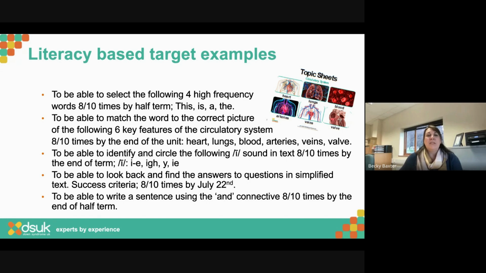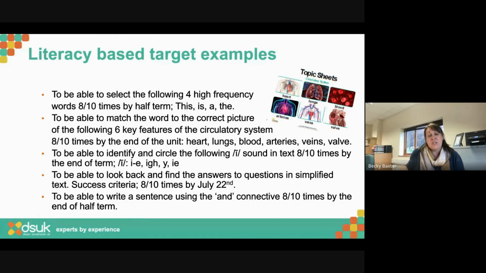And when I'm recording that progress, I would be looking to just keep a quick checklist of every time I do it. So when I sit down to do it for the fire or the Pharaoh or every lesson I'm going to do it in, I'm just going to make a note of which ones they were able to select when I said, oh, where's this? Got it. Brilliant.